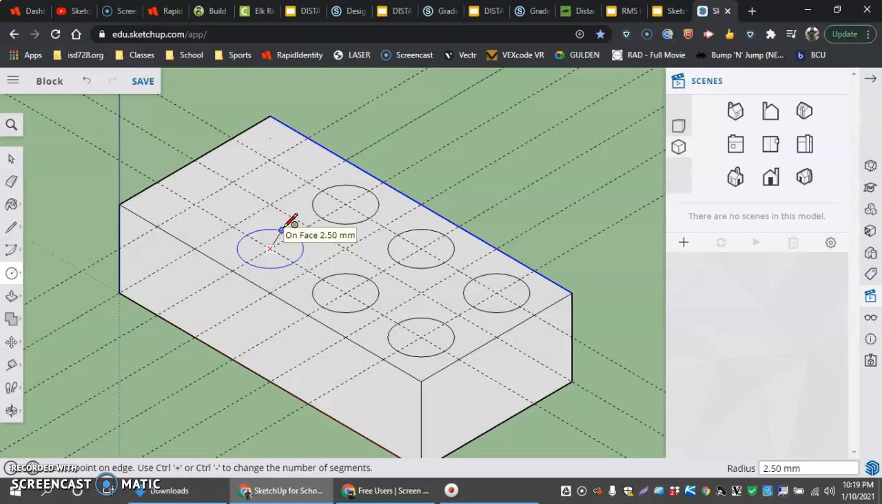I got a few more to make. Two left. And the last one. I think it said 2.5 there. Yep. So now the next thing I'm going to do after I have all these at 2.5 is I'm going